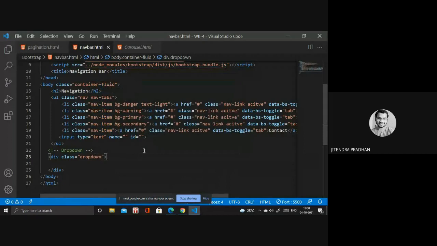Okay, and in the drop down we have another button we have to give. Button. Okay, in the button you write something, yes, select the category.